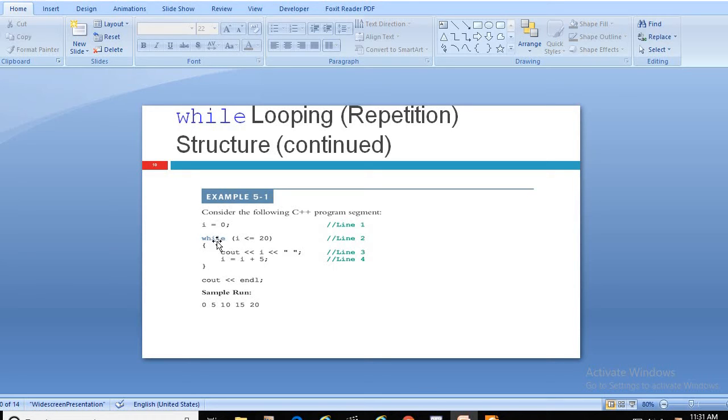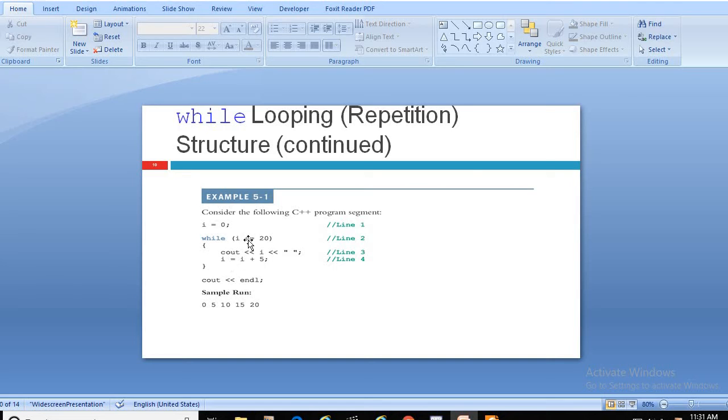Again it goes to the start of the loop. Now its value is modified; it will not remain 0, because due to this formula the updated value of I is 5, for this loop only, remember.